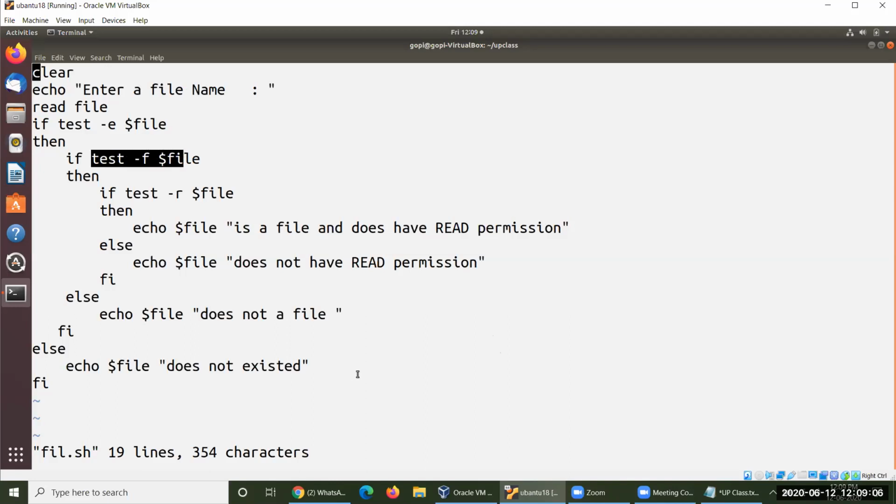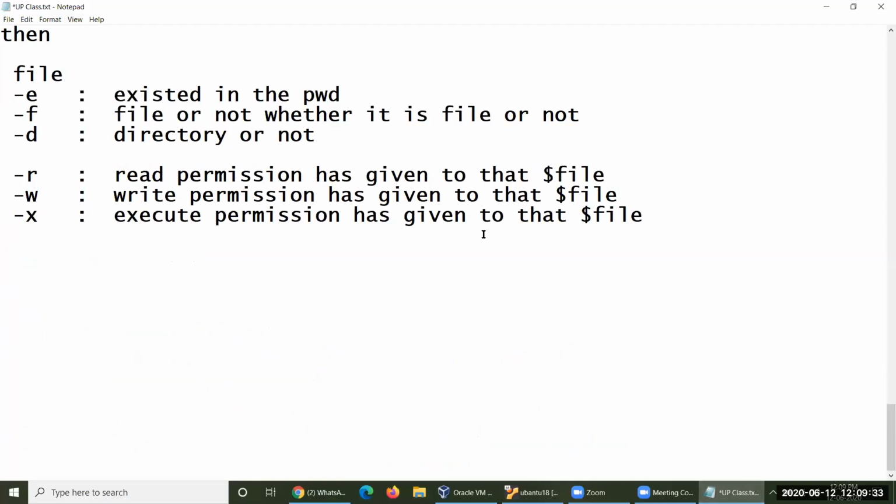For our convenience, I'd like to extend this particular thing. Okay, you please extend. Myself, I am not supposed to extend anything. You please extend here, whether it has some other number of permissions or not. Okay, so this is the way you have to identify. You have to evaluate the test using if. Then let me go ahead with while loop.